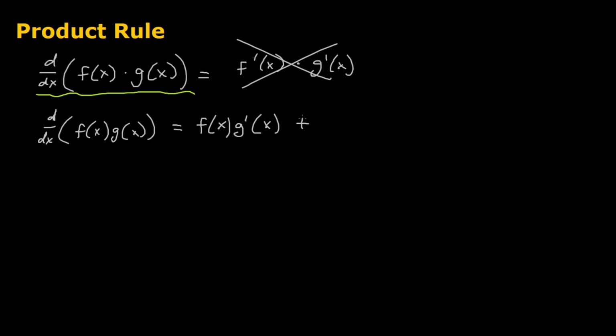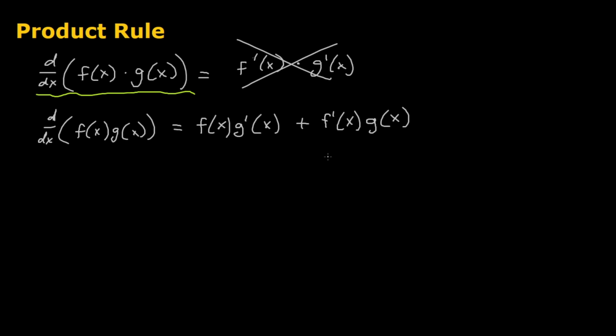And then you're going to add the derivative of the first function times the second function on its own. So if we have f of x times g of x, we want to find the derivative of that. It's going to be f of x times g prime of x plus f prime of x times g of